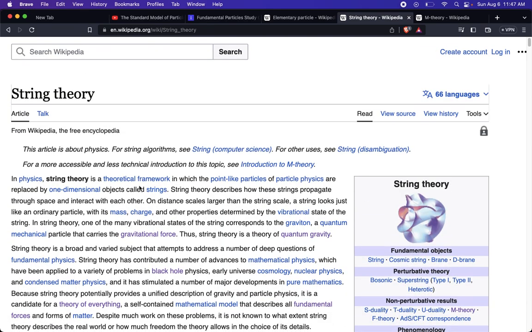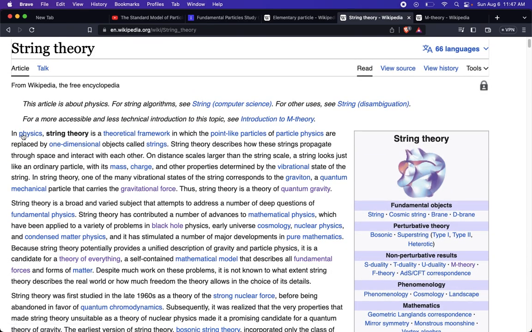string theory, which says that it's a theoretical framework in which the point-like particles of particle physics are replaced by one-dimensional, because they're incredibly tiny in this theory, objects called strings. But it says that on distance scales larger than the string scale, a string looks like an ordinary particle.